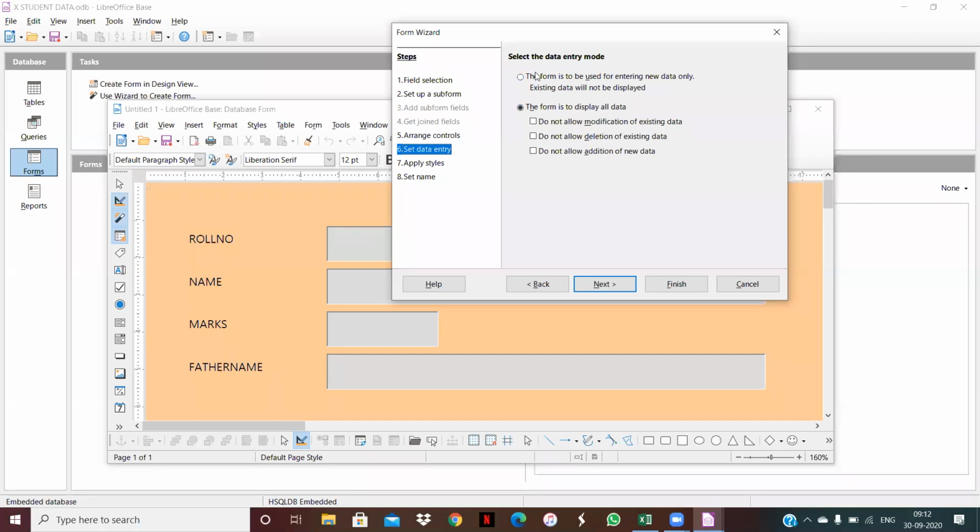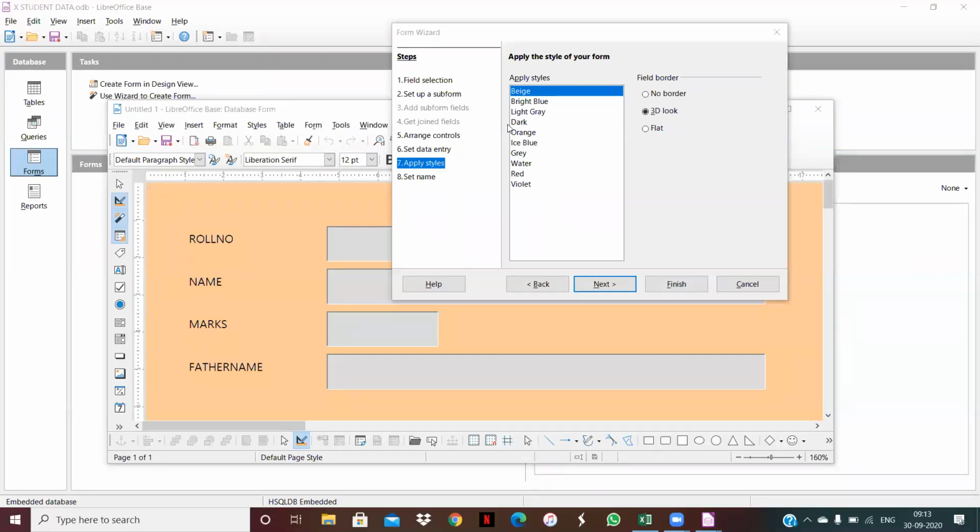It shows a dialog box: select data entry mode, meaning how you want to enter data into the form. It is showing the form is to display all the data. Whatever data we have, it will show all the data. Again click on next. When you click on next, it will ask from you